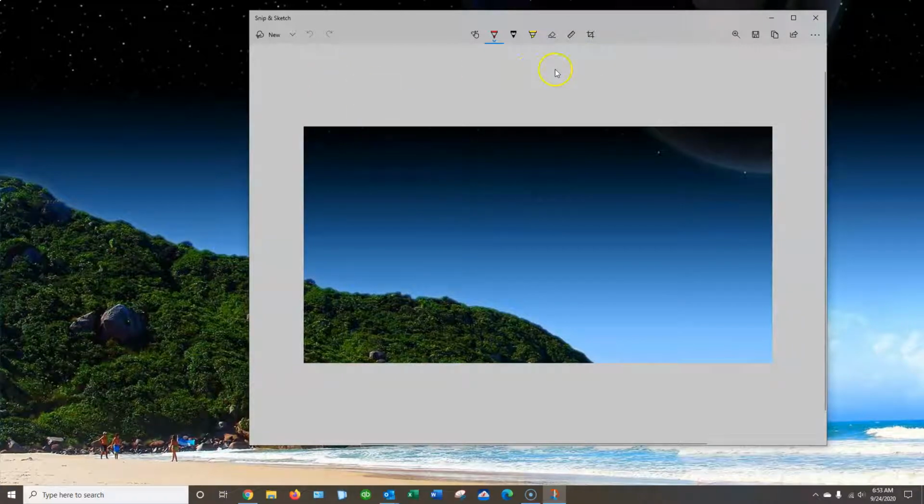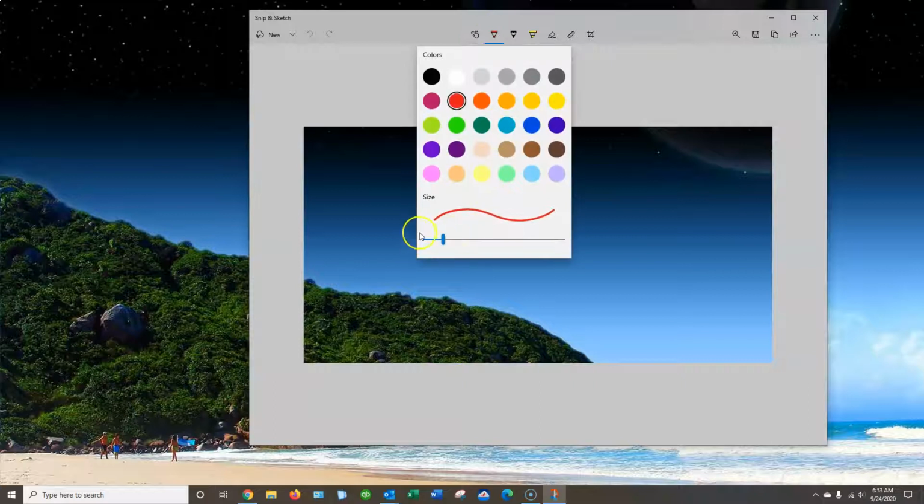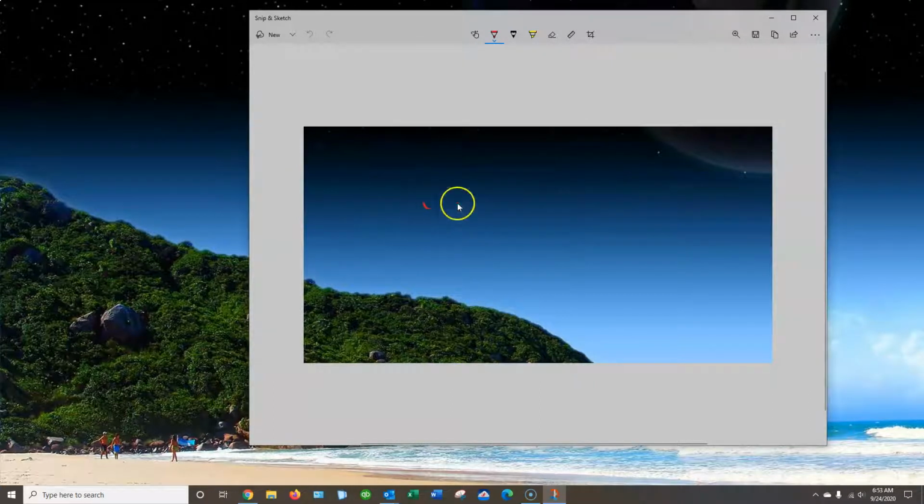Okay, so it also gives you other tools. So now we can draw on it. We can say, okay, here is what we've got. Okay, so you can do that. You can do highlight. So we're going to highlight this area down here. Okay, so those are other tools that you can use with it,